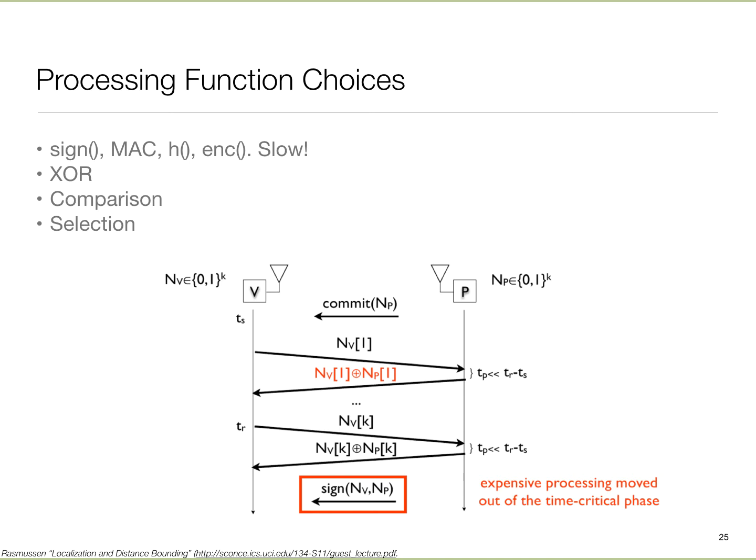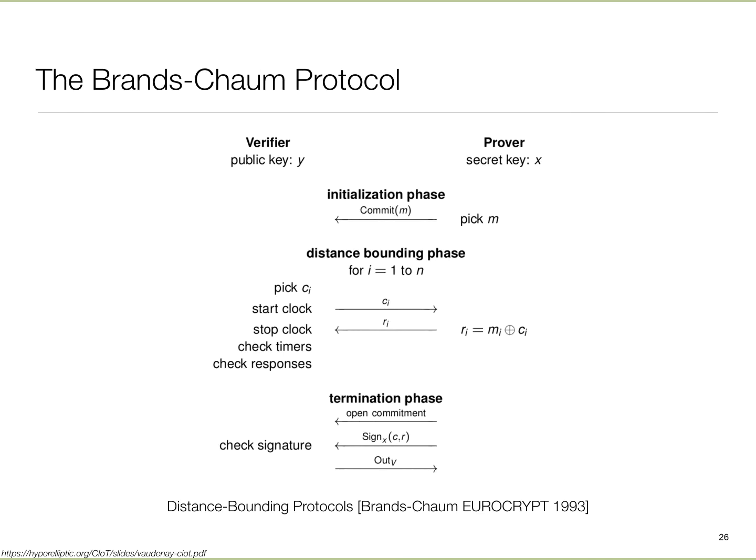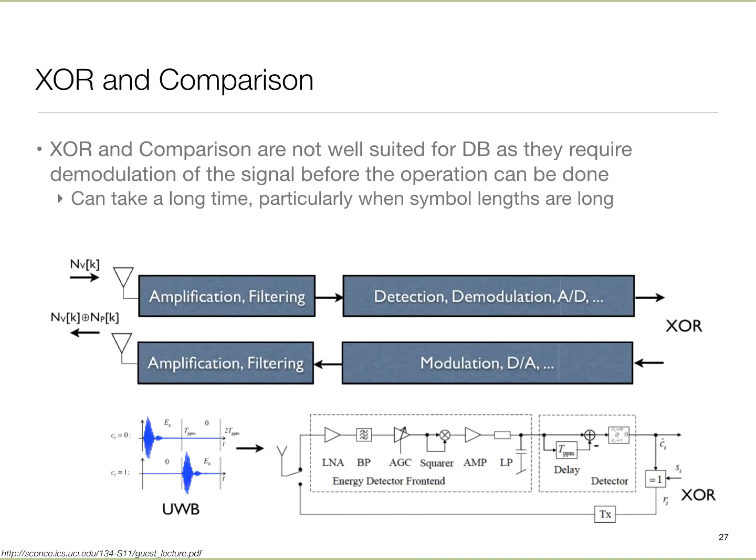So we got rid of that, and that's basically the basis of this protocol, which is called branch-SHOM. It basically combines these three phases. Now we still have a problem. Remember, we are getting the bit, and we have to do this XOR operation, which sounds pretty simple, and XNOR, which is a comparison.